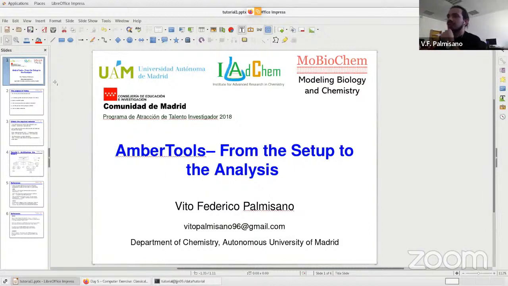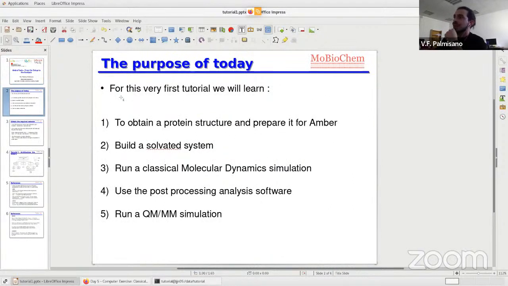So the idea of this tutorial is to actually understand the software, as I said. Therefore, I will go through all the steps, starting from obtaining the structure of the file to solvating the system. So the idea is to obtain the structure, solvate the system, then run the dynamics, the classical dynamics. Then I will introduce you to CPPTRAJ, which is the post-processing analysis software of Amber. And then if we have time, we also will run a QM/MM calculation from the structure, from the simulation that